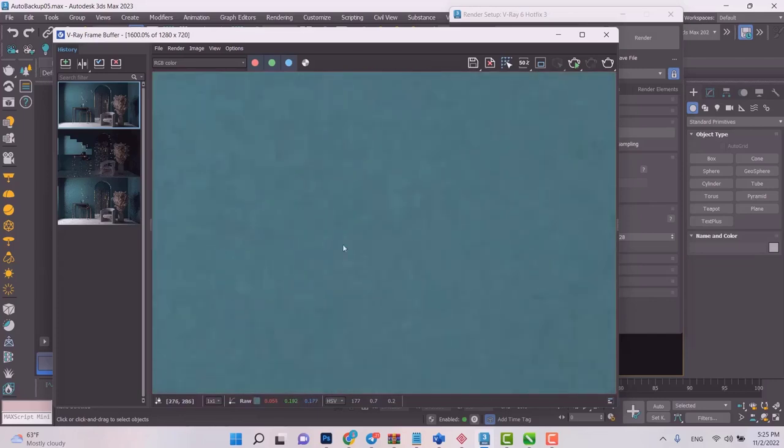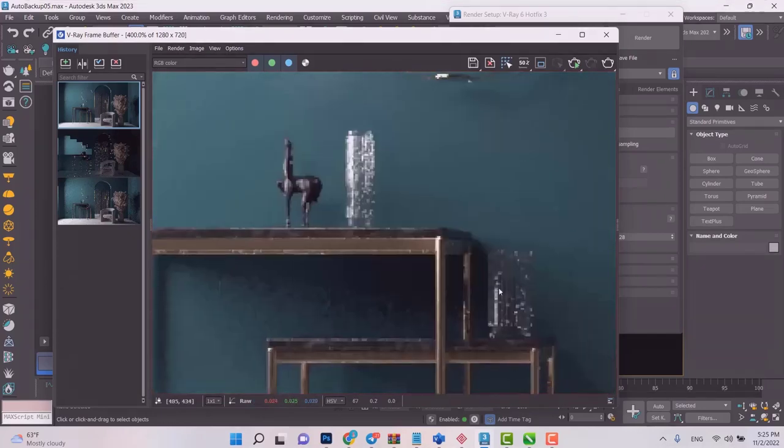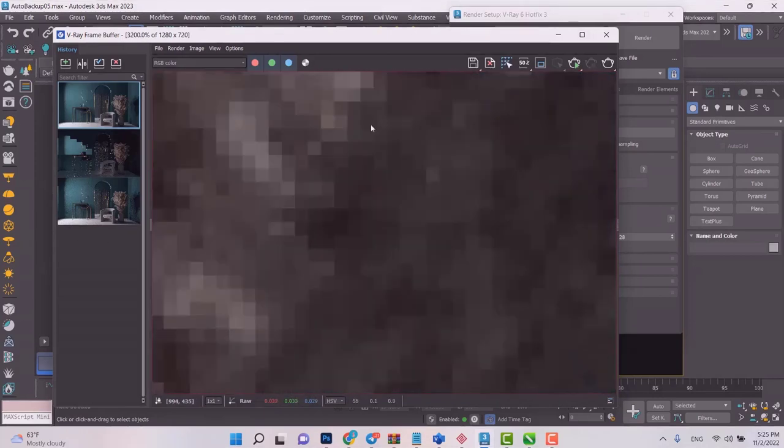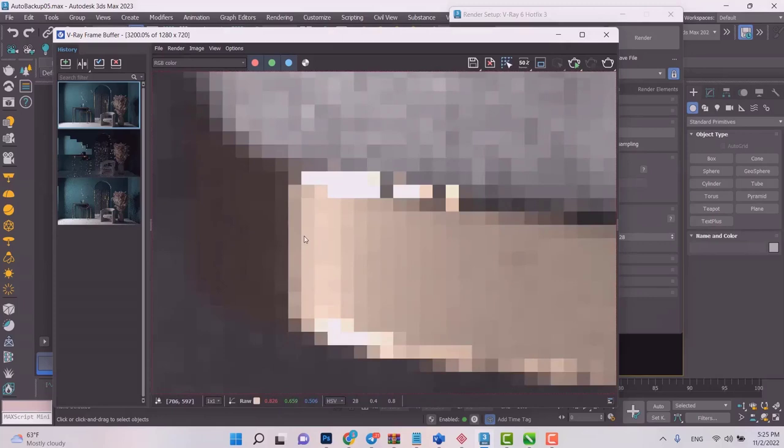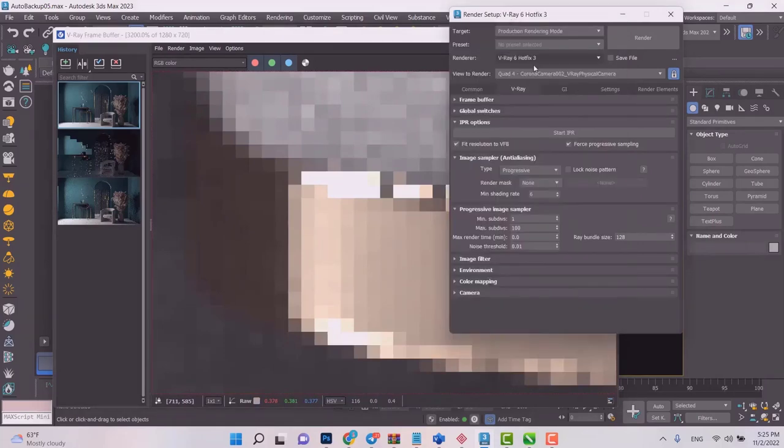So this area from our scene, the wall, does not really need much sample collection because it's a fairly simple area. We don't have that many colors or shapes, but this area in the plant, the leaves, or this piece of the furniture is a fairly complex area in terms of colors and also shapes.